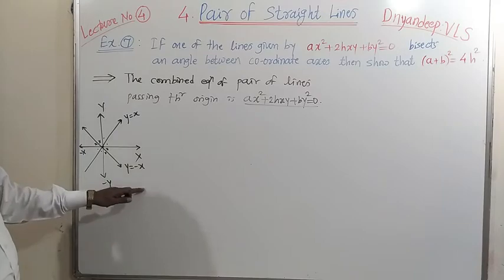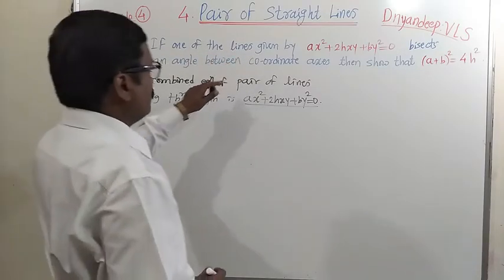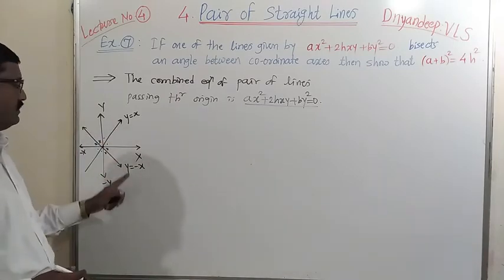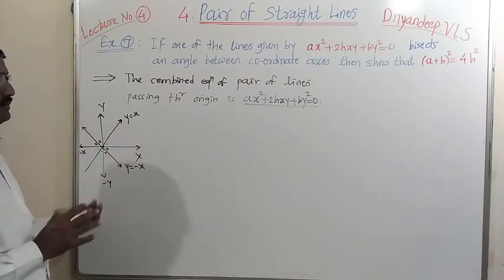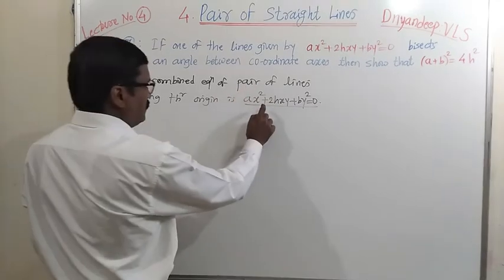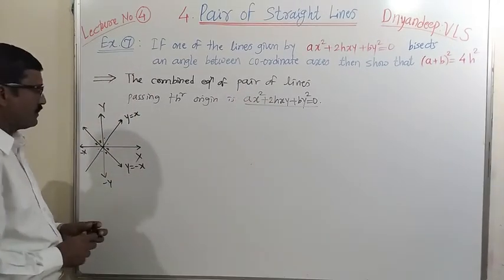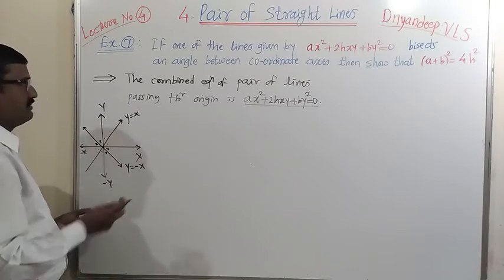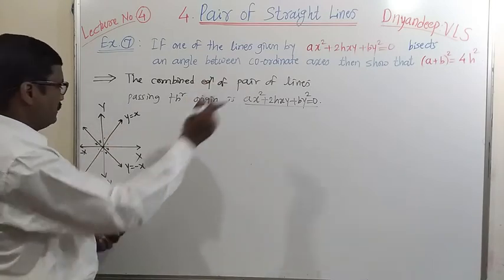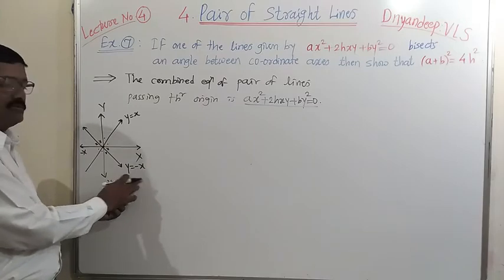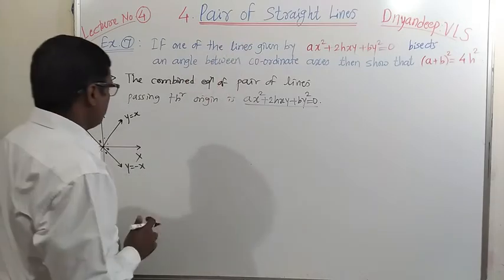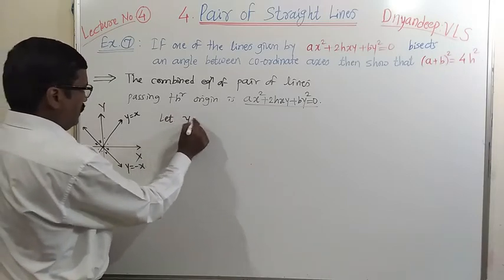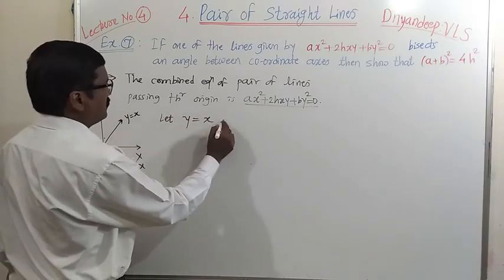So out of these two lines, one of the lines is either y equal to x or y equal to minus x. We don't know which one. So we can take either y equal to x or y equal to minus x. One can take y equal to x, you will get the same result, and if you take y equal to minus x, then also you will get the same result. Okay, so let y equal to x be